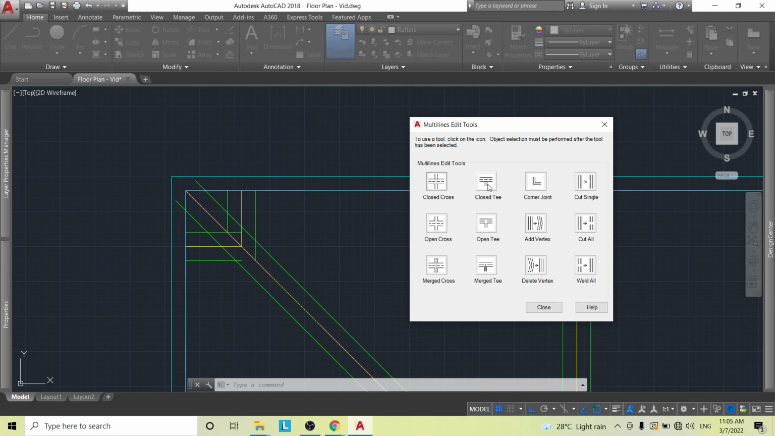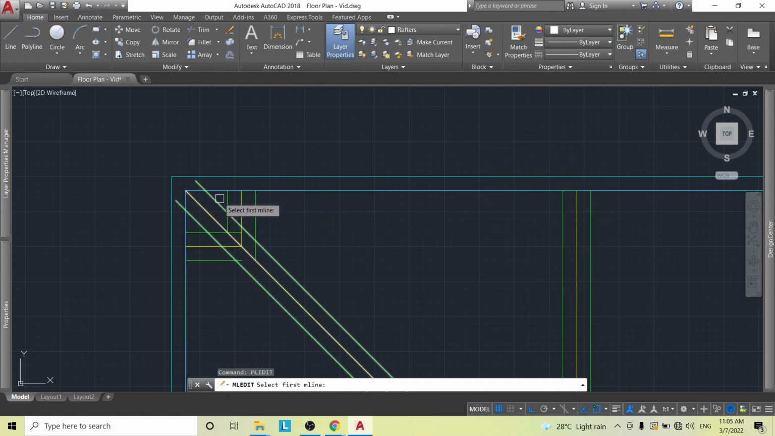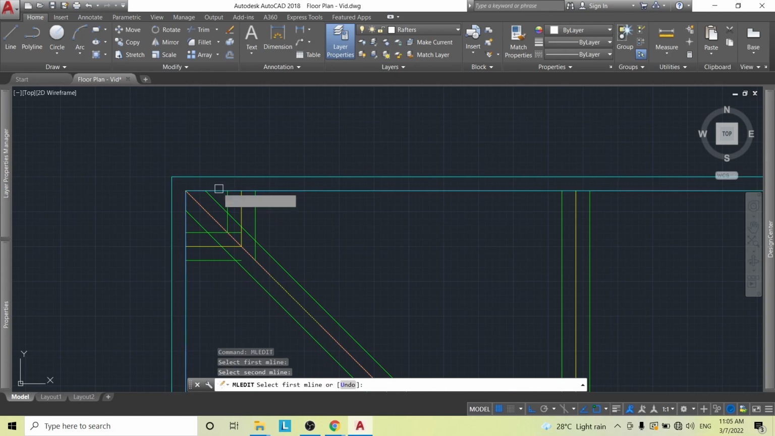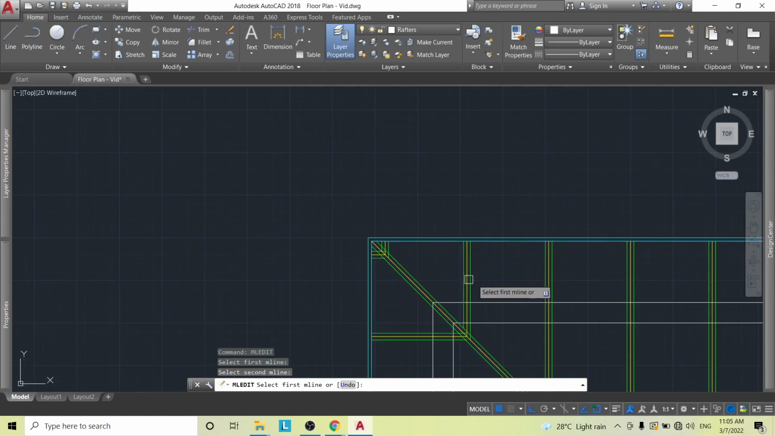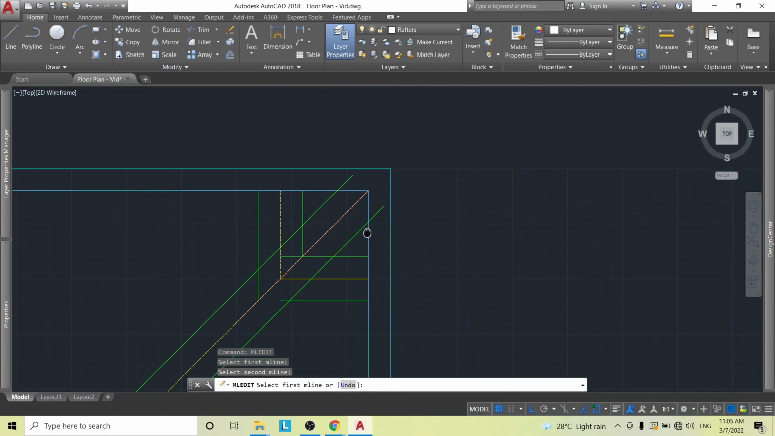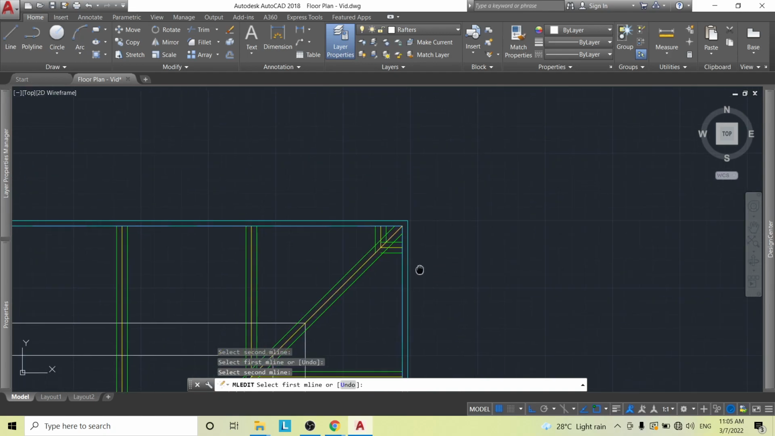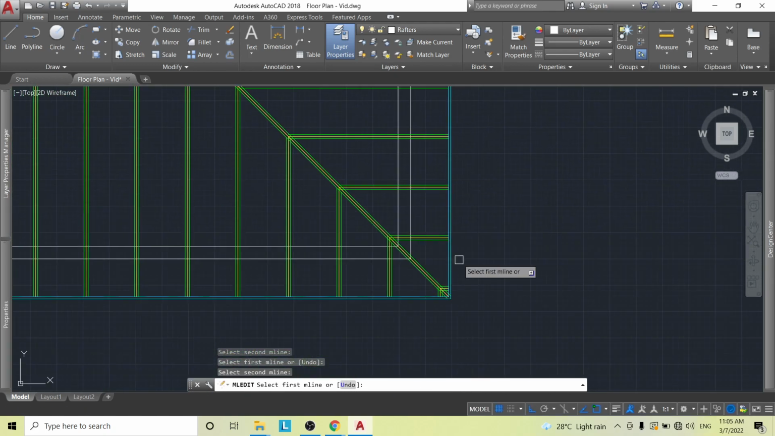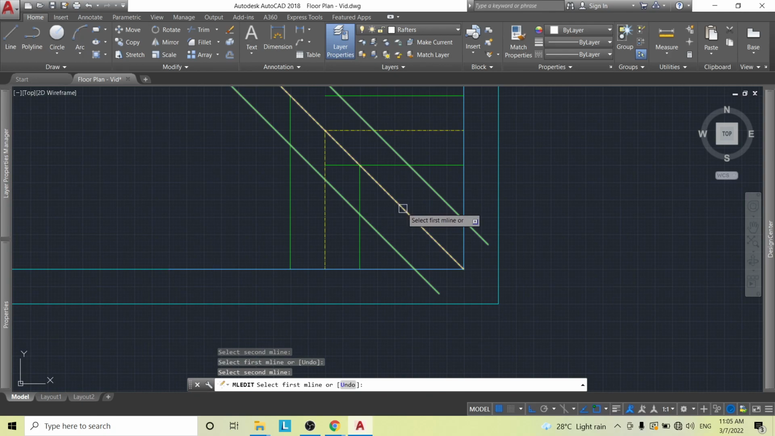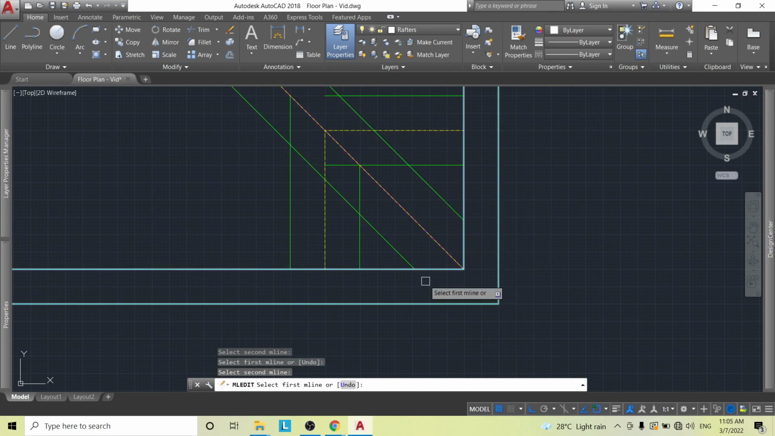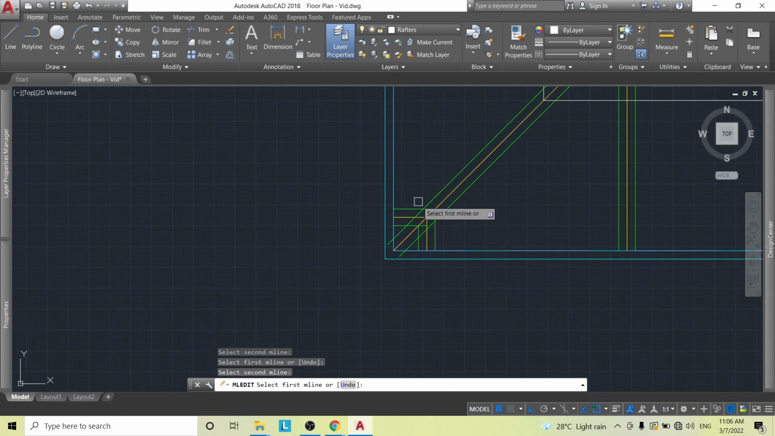So how we do that, we go to closed T. And then when we select our lines, it's going to chop them off. So we're going to select the hip rafter first, and then we're going to select the fascia board. And you see what it did? It trimmed it off for us. So let's do all 4 corners. Select the hip rafter and then select the fascia board and it trims off the excess. Do that for all 4 corners. Same thing, hip rafter, and then we click the fascia board, boom, trimmed it off. Same thing here,